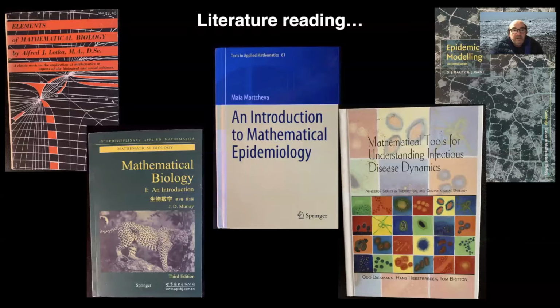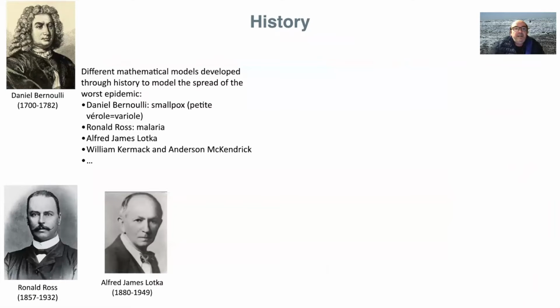For this, I found different books, some of which are indicated here, about mathematical epidemiology or epidemic modeling. Now I present the history of it very shortly. There are different mathematical models that have been developed through history to try to understand how epidemics work. The first one was Bernoulli for smallpox, and Ross for malaria, Lotka from the Lotka-Volterra mathematical framework,